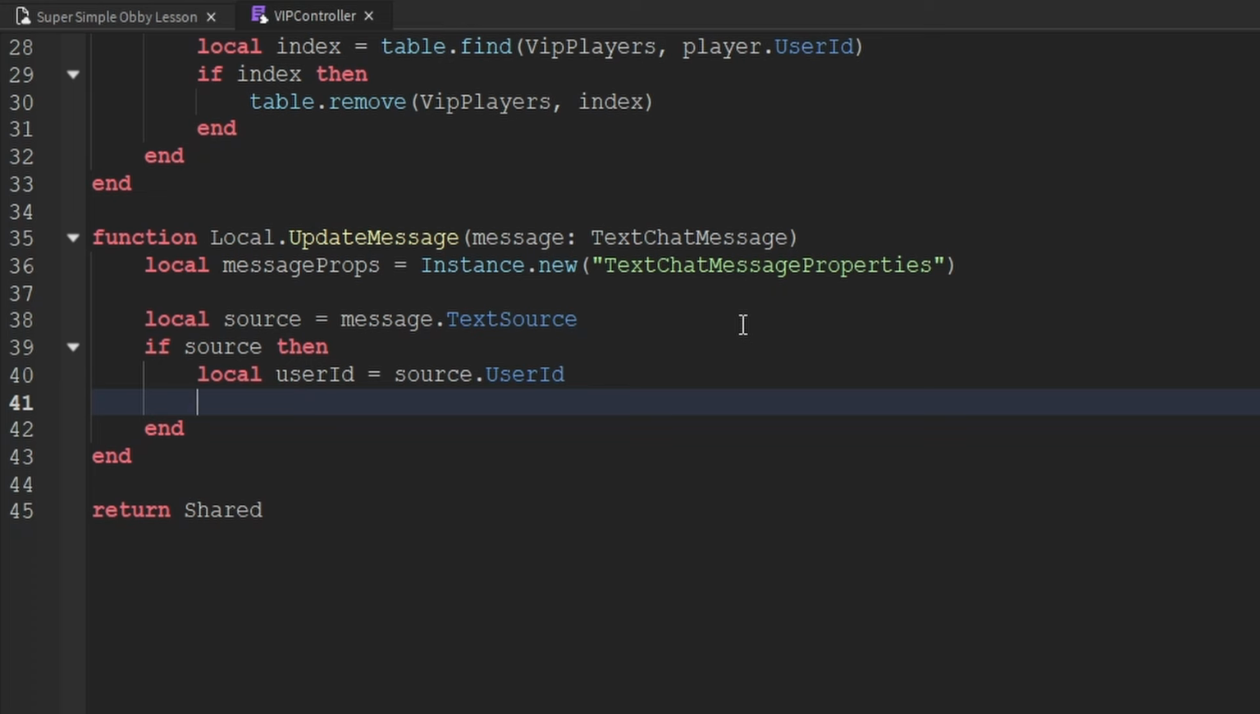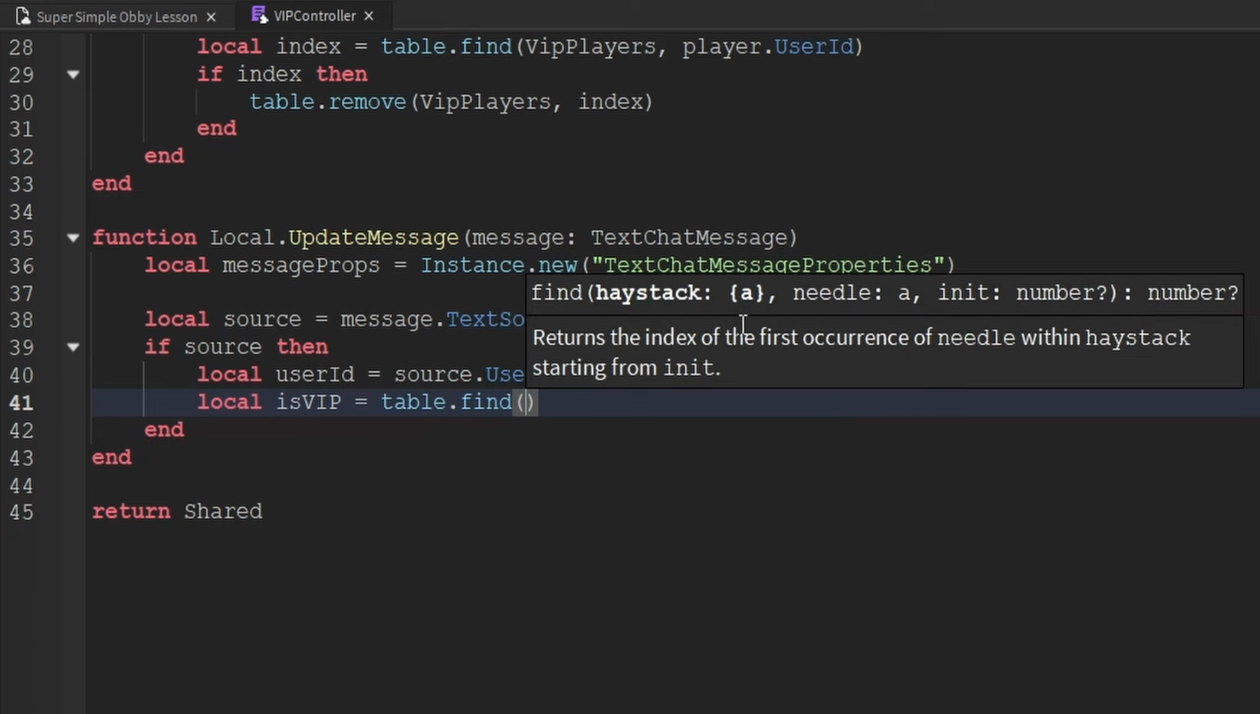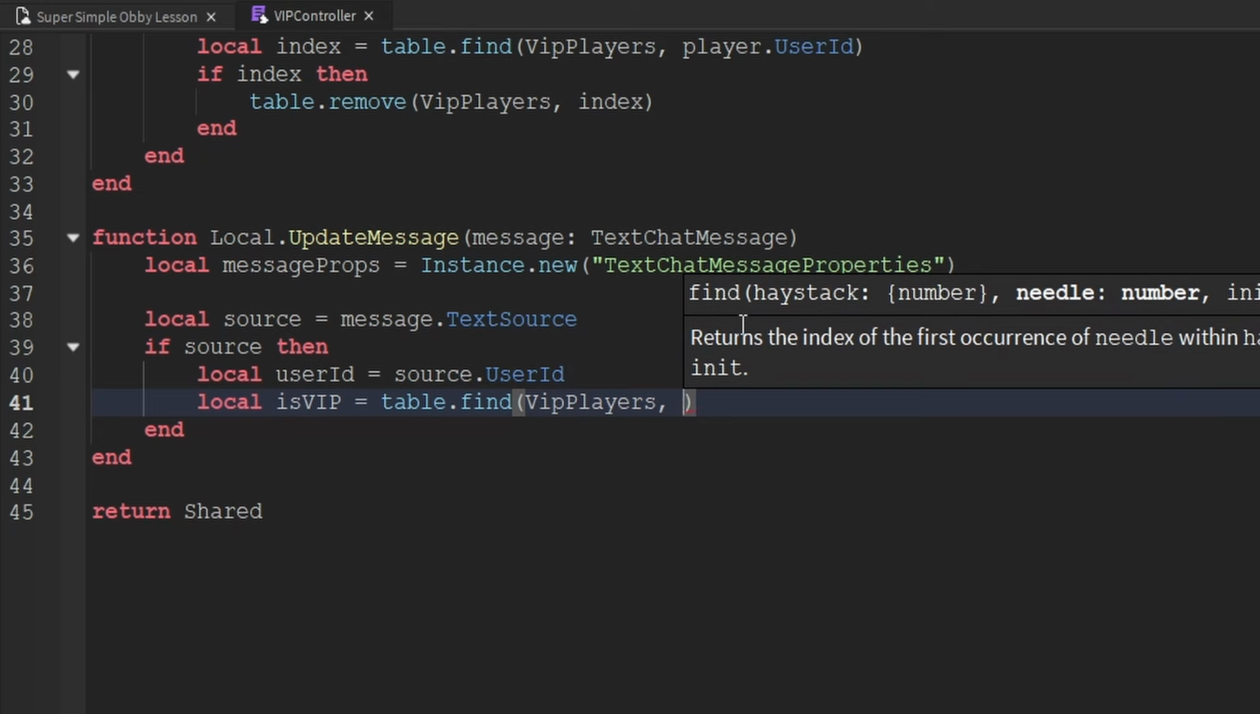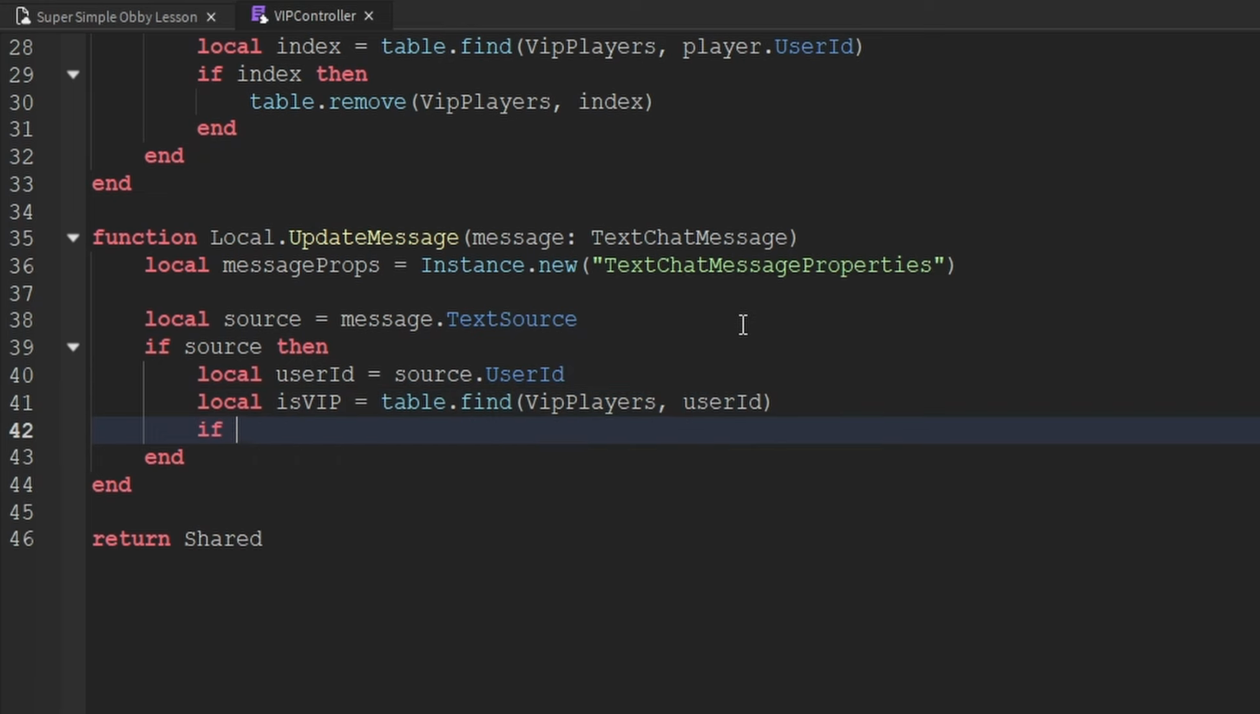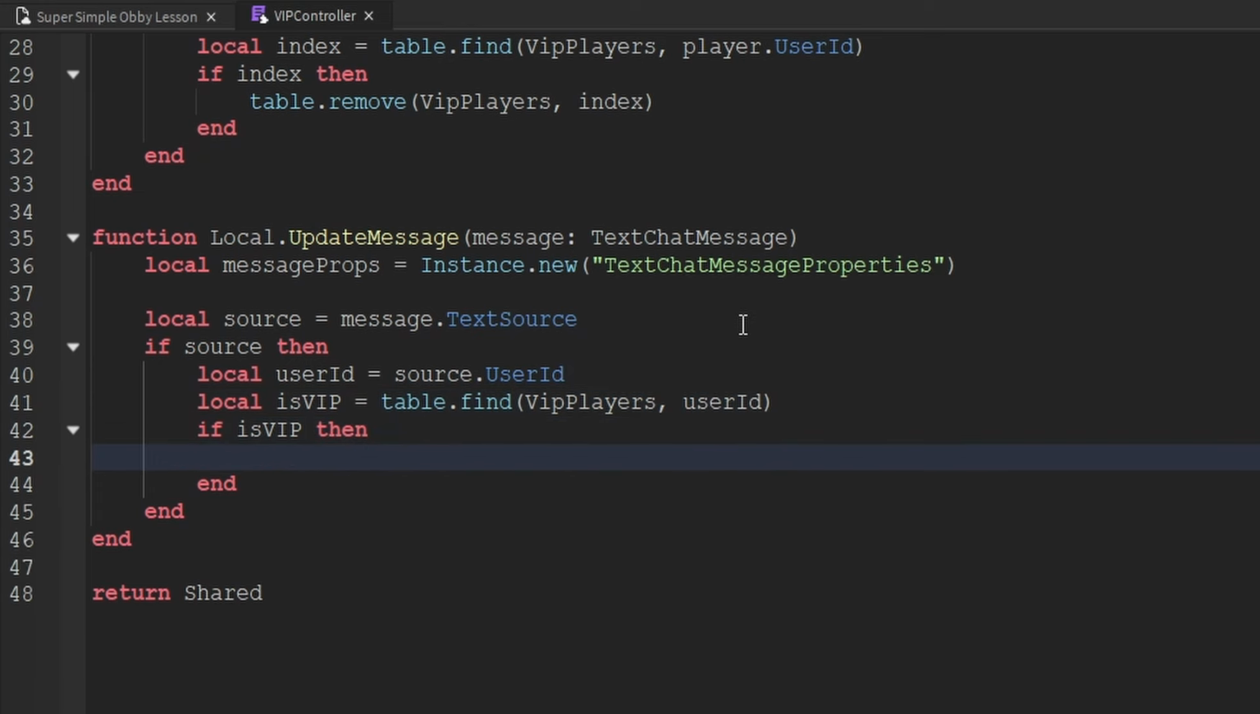Now that we have the player's user ID, we want to determine if this player is a VIP or not. So we can create a variable called isVIP. And to determine that, we can look through the VIP players table. So we would say table.find, and we'll look through the VIP players table for the user ID inside of there. And now if isVIP is true, then what we're going to do is modify the message props,